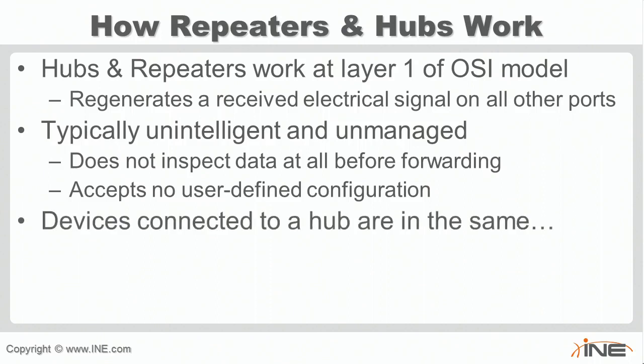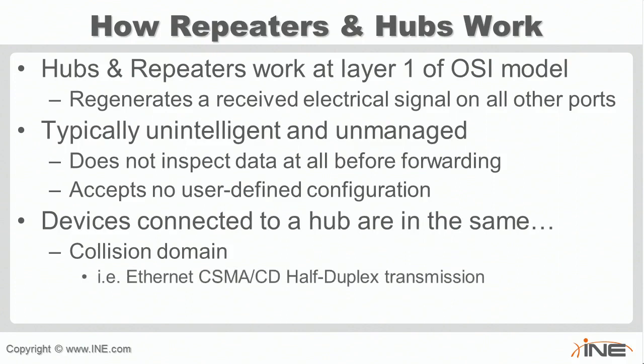Now this also means that for a hub or repeater, all of the ports are in what's known as the same collision domain. Originally with Ethernet, since everyone was sharing the same wire, this physical cable was used both for sending data and for receiving data at the same time. So the issue they ran into is that if one host is sending at the same time that another one is sending, the electrical signals run into each other and they essentially cancel each other out, or they run into some interference. So the Ethernet specification came up with a way to prevent this, which is known as CSMA/CD, or